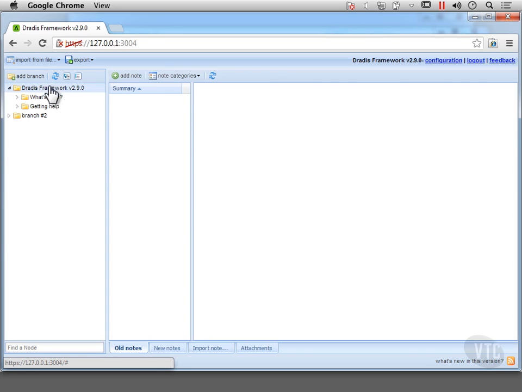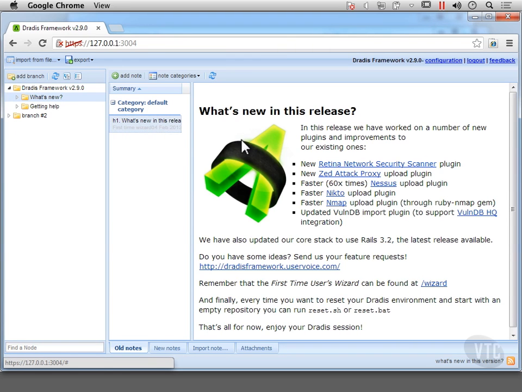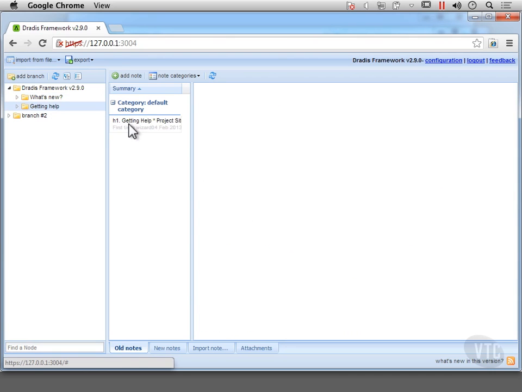So the first thing we see here is a Dradis framework branch right here, or a folder, and inside of that is actually some documentation. So here's the documentation, it's what's new, and we can go to Getting Help, and it will load up the Getting Help page here. And you can see inside this pane here is actually the list of notes that are